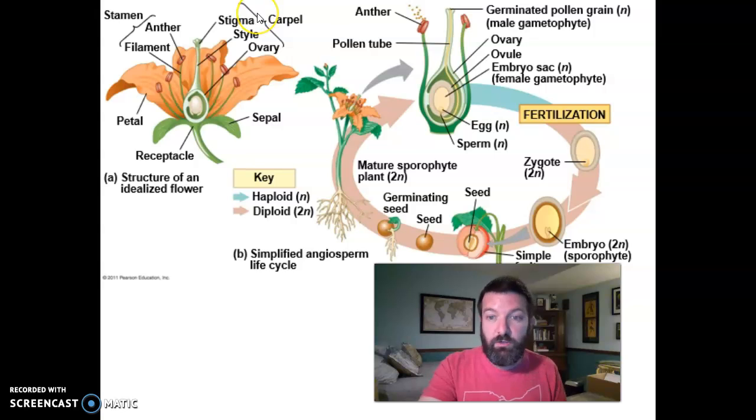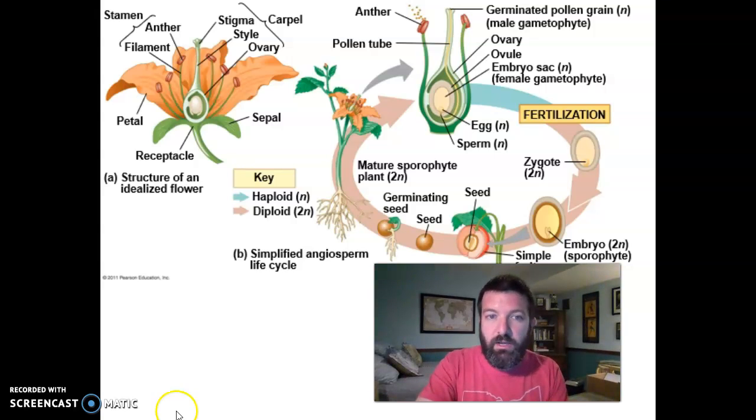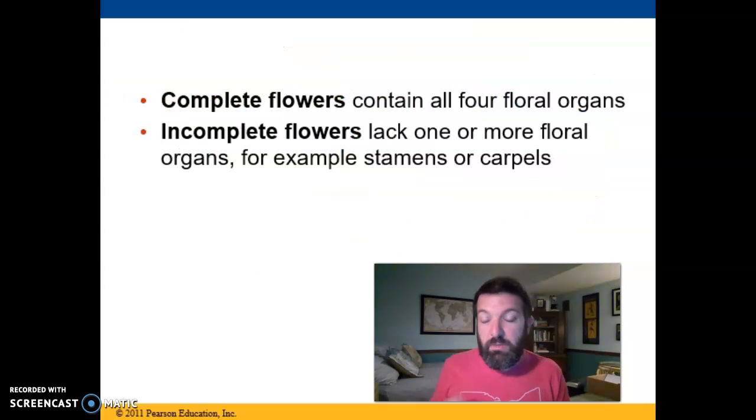Sometimes you have a single carpel, sometimes there are multiple carpels fused together, and that's also called a pistil, right, even if it's multiple carpels. So you may have heard of pistil and stamen being the female and male organs of a flower. That is correct. Many flowers contain all four of those floral organs: the sepals, the petals, the pistil or carpel,